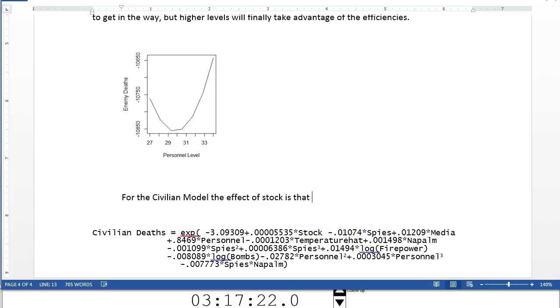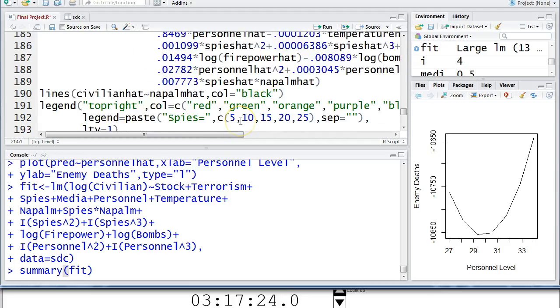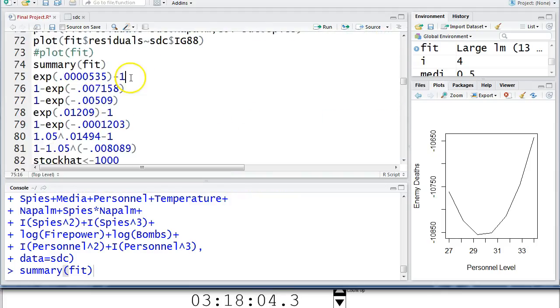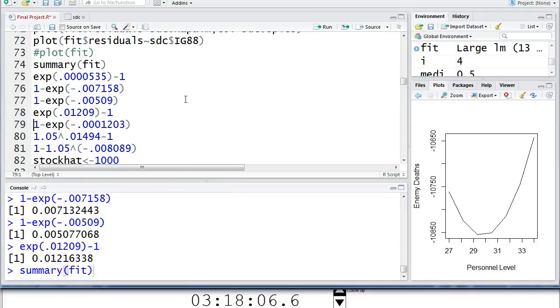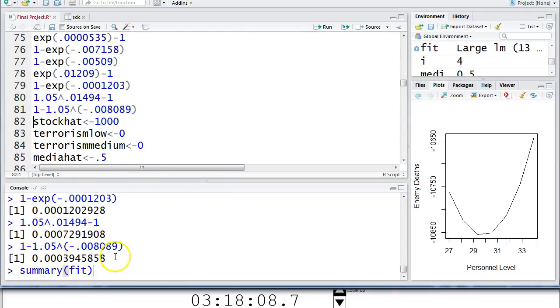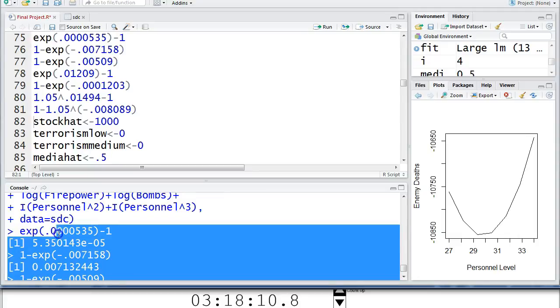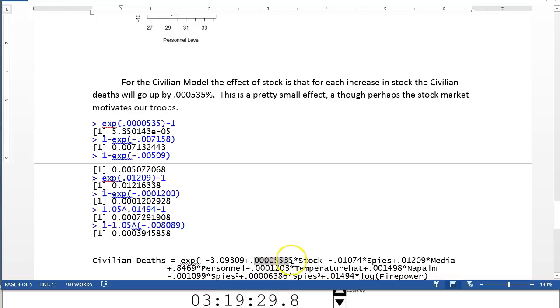I think if I go back to my code, I recognize I was going to need these variables. Made some code here that went through the explanations. Can I just steal all this and let's see if I can put that in my paper and talk about it. So here for stock was the slope, and I put that in my code, and there was the number I got out, which I have to think about the scientific notation, but it's some super tiny percent.